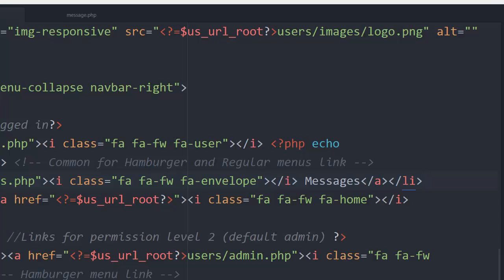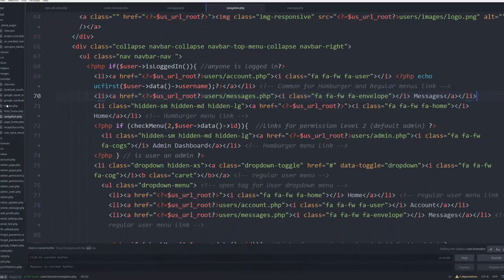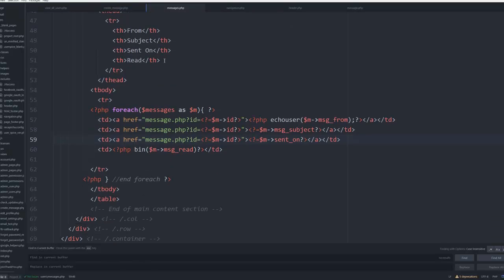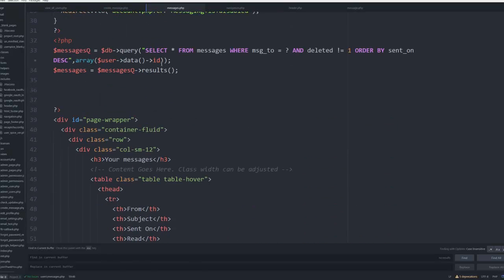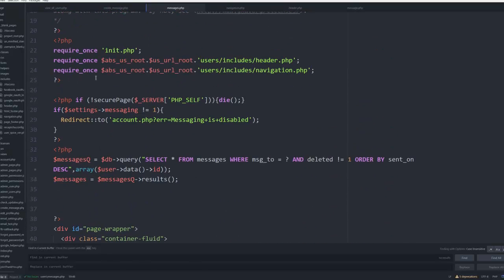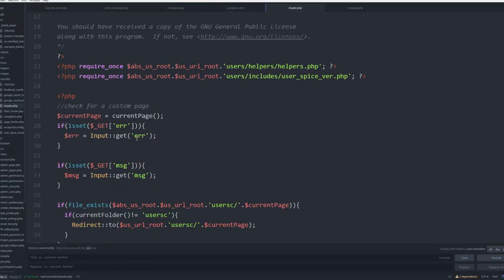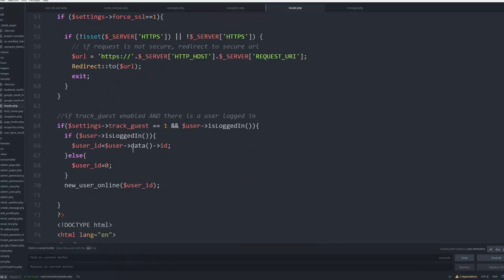And so let's come in here and let's go to the header. And if you'll remember, on all of these pages, we wrote a little PHP here that checks to see if messaging is enabled. So we're going to come in here for a second and look at this thing. So we don't want to redirect if messaging is disabled. We just don't want to show something. So what we're going to do is come in here